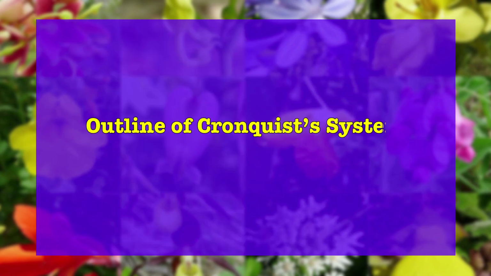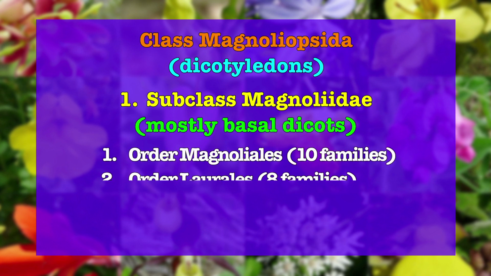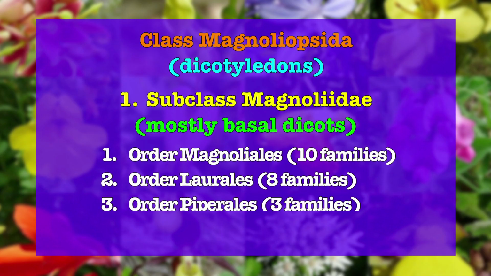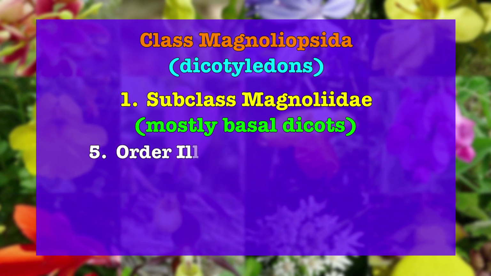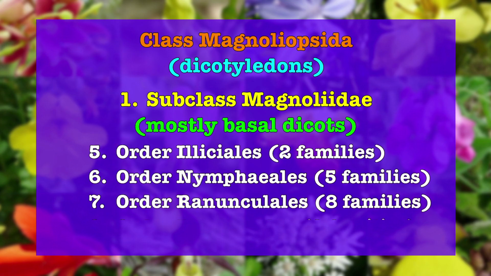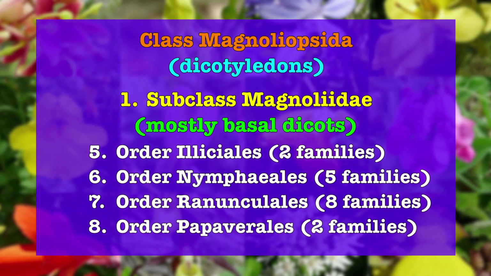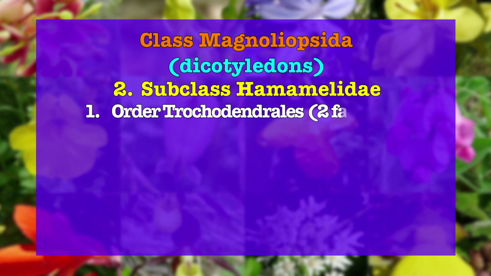Now, the outline of Cronquist's system of classification. Class Magnoliopsida, that's the dicotyledons. First, subclass Magnoliidae, mostly basal dicots. First, order Magnoliales, order Laurales, order Piperales, order Aristolochiales, order Illiciales, order Nymphaeales, order Ranunculales, order Papaverales, subclass Hamamelidae, order